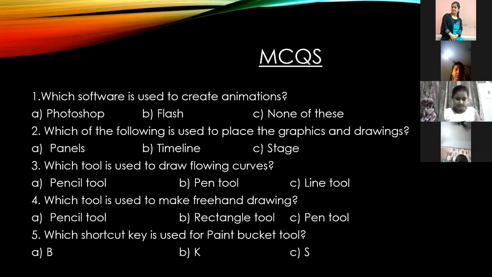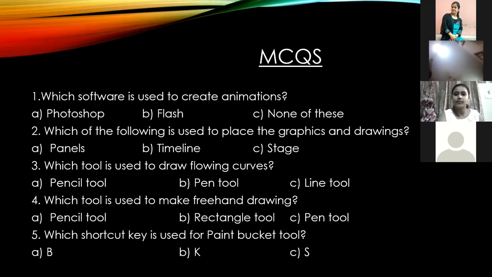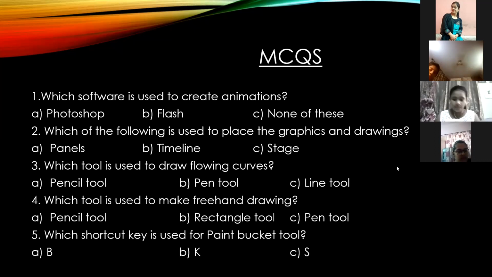Which software is used to create animations? Ma'am, Flash. Right, the correct answer is Flash. So coming upon to the next one, side by side, mute yourself when you give the answers, correct? Next one, the first answer is Flash, correct.